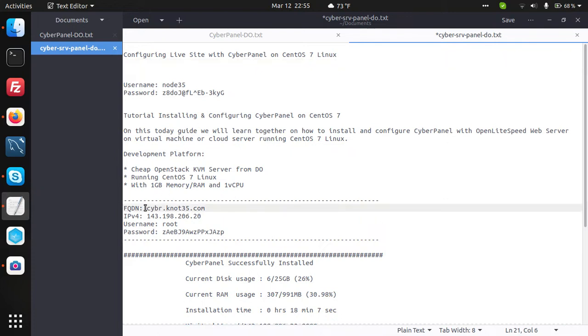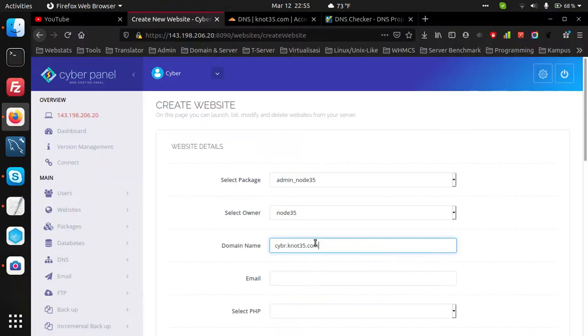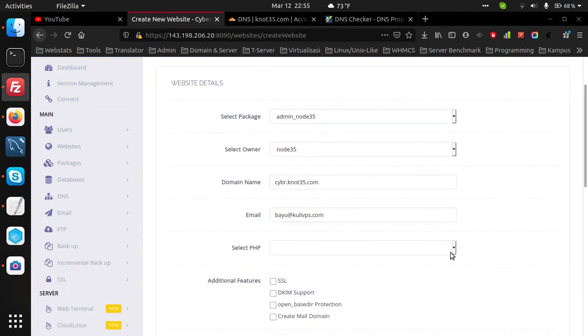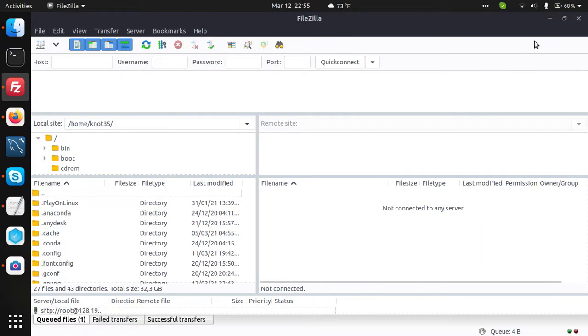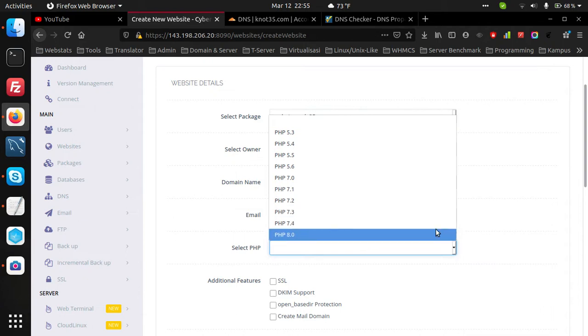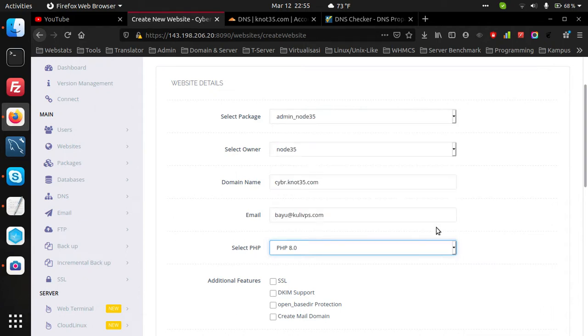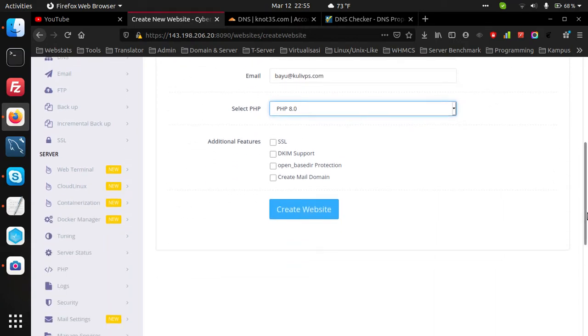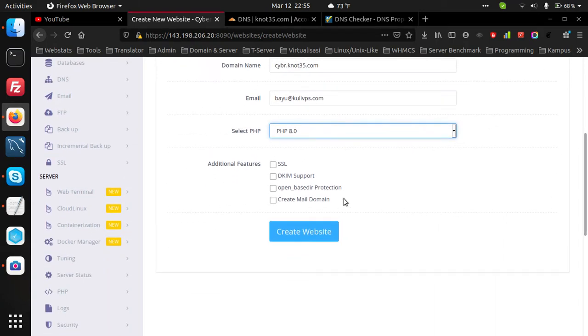I will put my subdomain and email, and for PHP version we can stick to PHP 8.0. Then you can enable additional features like SSL, DKIM support, OpenBasedir protection, and create mail domain.